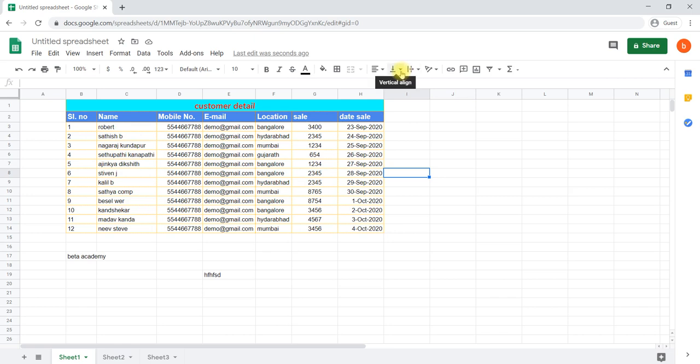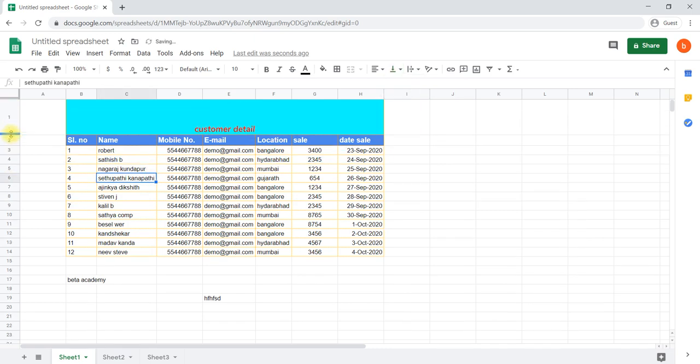For example, if it is a vertical alignment, okay, vertical alignment is nothing but, for example, you have taken a bigger column, bigger row. This text is at the center of the column, but if you would like to arrange it at the center of the row, then we will go to vertical alignment, center.